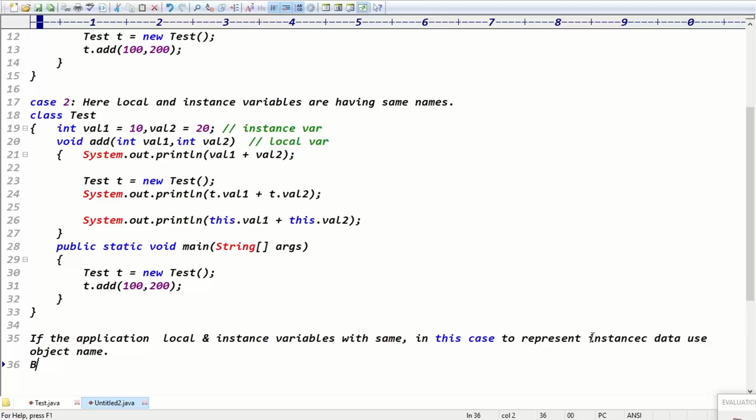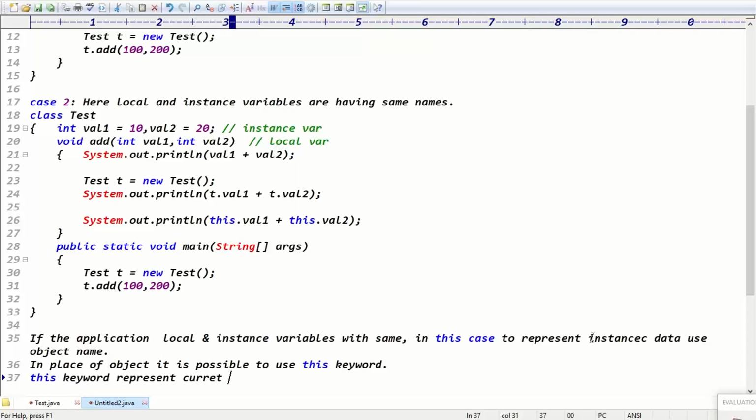Exactly. And in place of object, it is possible to use which keyword here? The this keyword, right? Exactly. And this keyword represents the current class object, right?